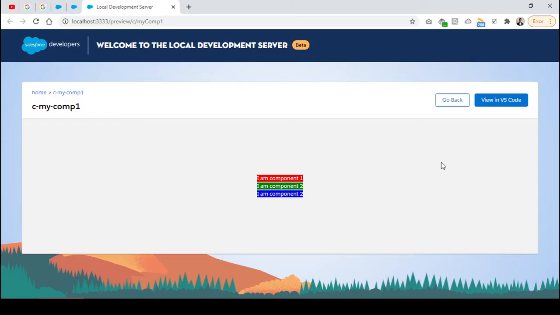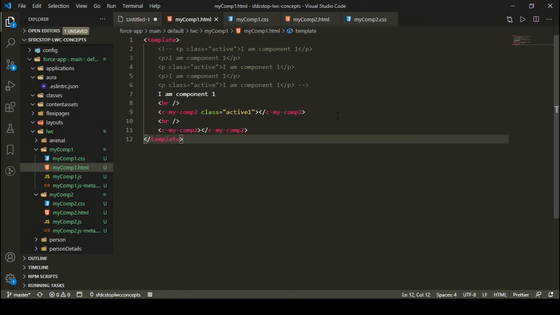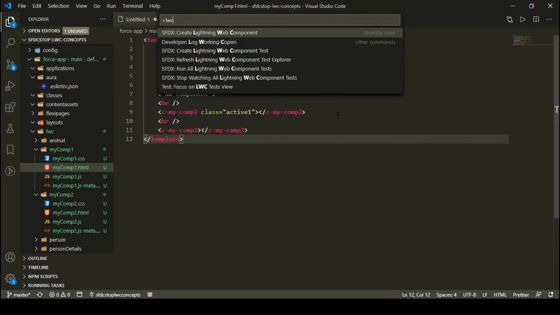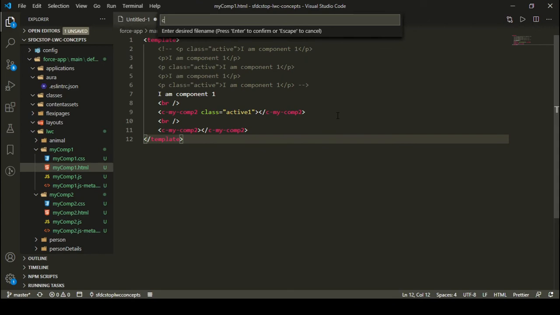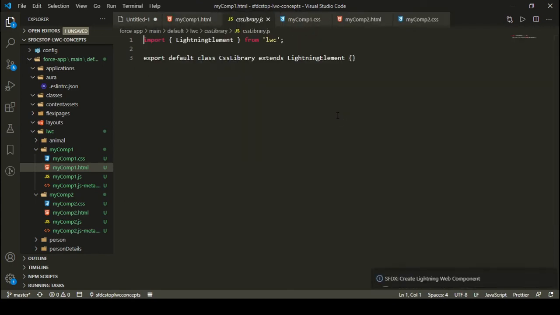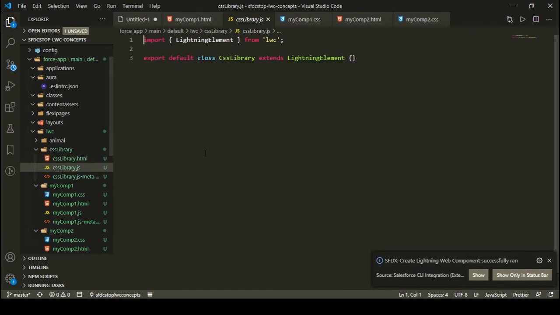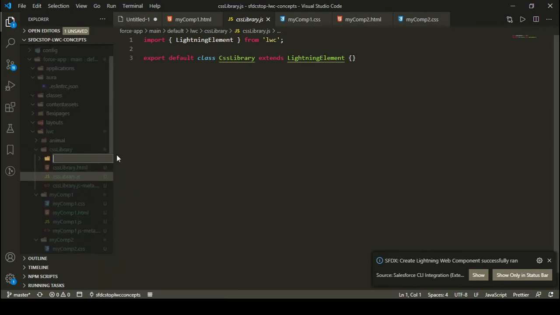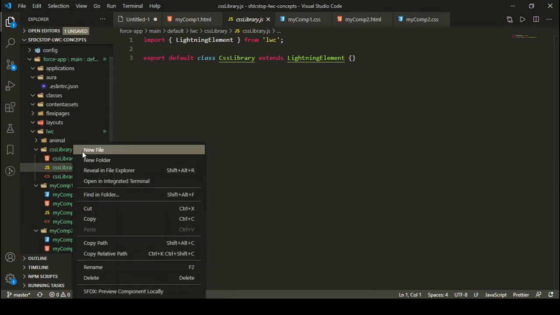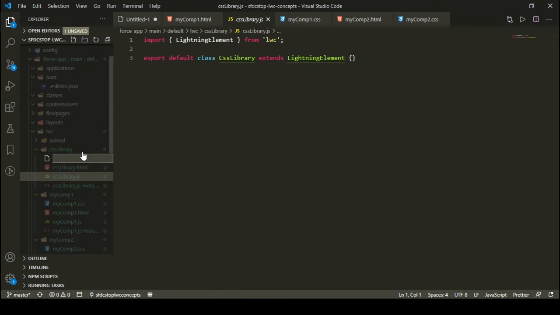In order to create a CSS library, we can simply create another lightning web component. So let's say I created another lightning web component and named it cssLibrary. I want to define my reusable CSS in this particular Lightning Web component. As I'm going to deal only with CSS, I'm going to define a new file here, and it should have the same name as the component.